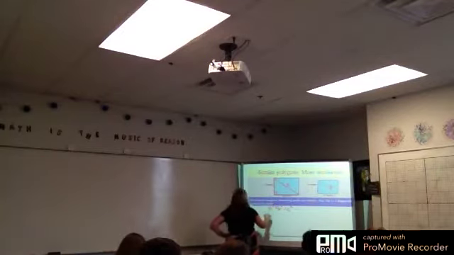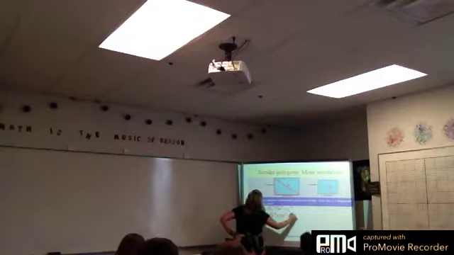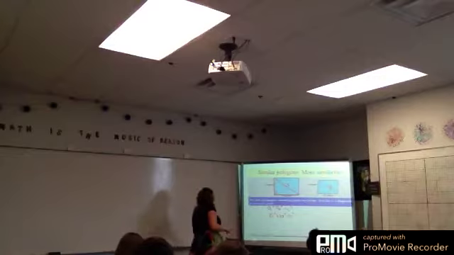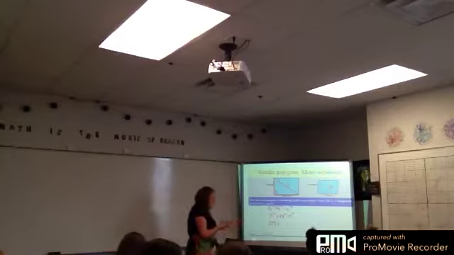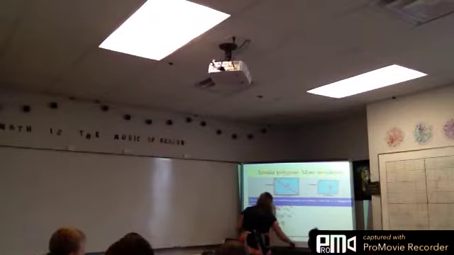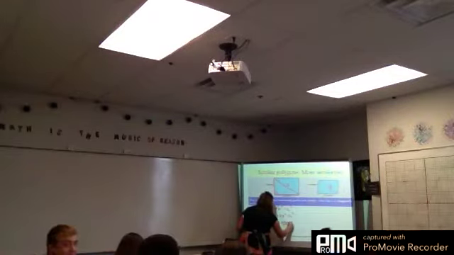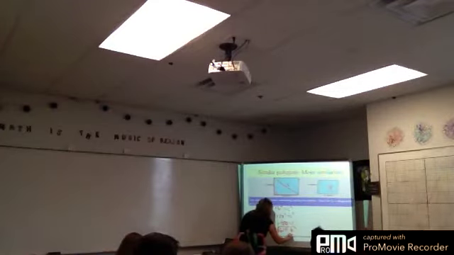Okay, so I'm going to set this one up to say 15 squared plus 20 squared equals C squared. What is 15 squared? 225. Good job, Bryson. And what is 20 squared? 400. So 225 plus 400 equals C squared. What is 225 plus 400? 625 equals C squared, so then what do you have to do? You have to take the square root, and C would equal